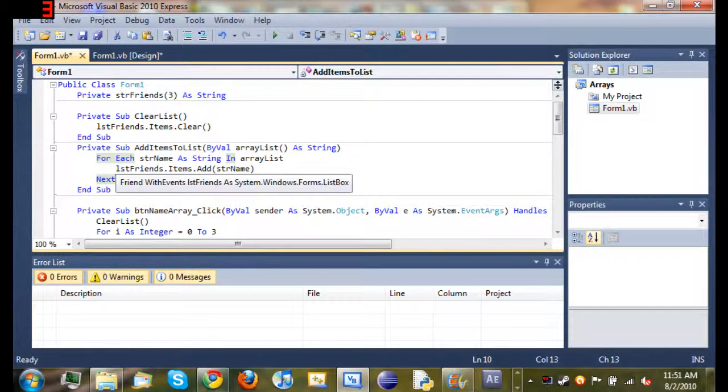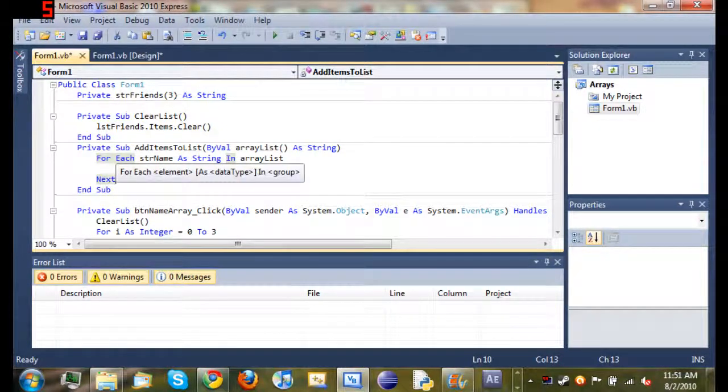the code. So we start our for each loop. So for each, string name as string, so we declared string name as a string in array list. So basically all of the strings that are inside of array list, which is a what's it called? I just forgot. An array. Okay. Well, the array list. I feel stupid. But for all of the strings inside of array list,